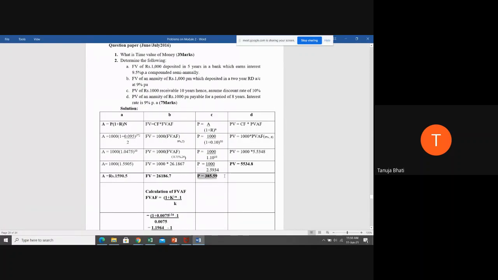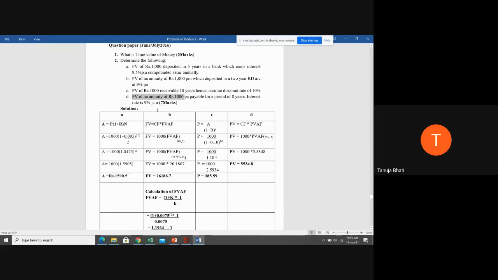So your present value is 385.59. So is sub question C and sub answer C clear to everyone? Yes, students? Yes, ma'am. Okay. Now find the present value of an annuity of rupees 1,000 per annum payable for 8 years